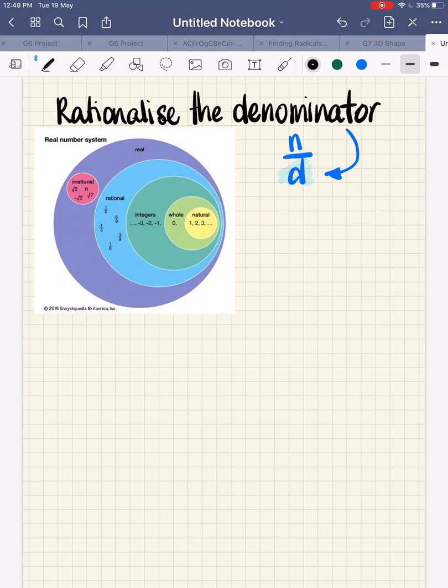Okay, so we are going to rationalise the denominator. The first thing I want to highlight is actually the important words. So rationalise and denominator. Denominator is really easy. Here we are, it's the denominator of a fraction. Rationalise comes from our understanding of rational numbers versus, I guess, irrational numbers. So rationalise the denominator is really